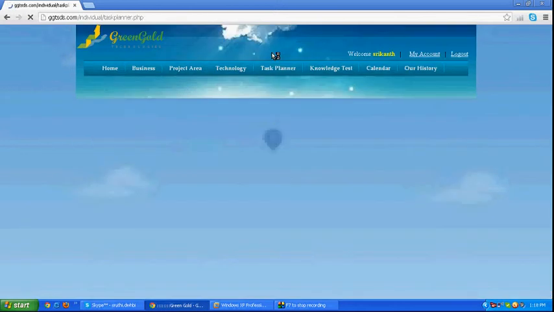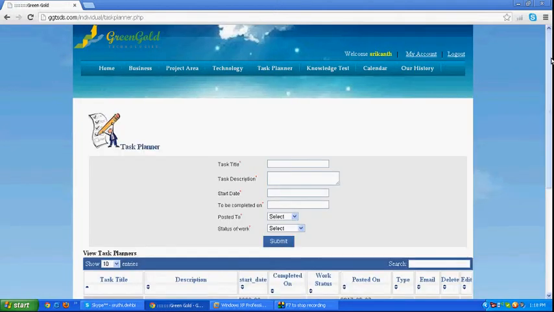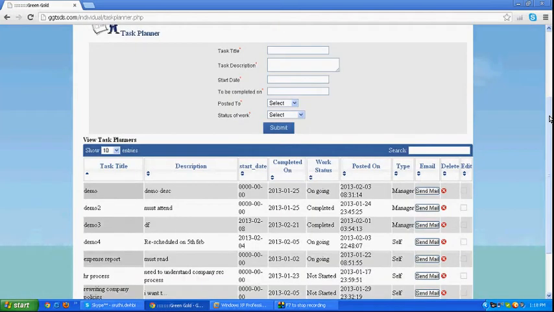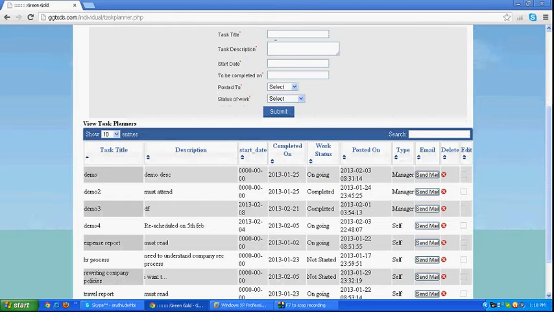And coming to the task planner, here you can assign tasks to your subordinates. Here you can enter the task title and the description of the particular task, start date and to be completed date, and here you can mention posted to, self task or to the manager or to the subordinates.